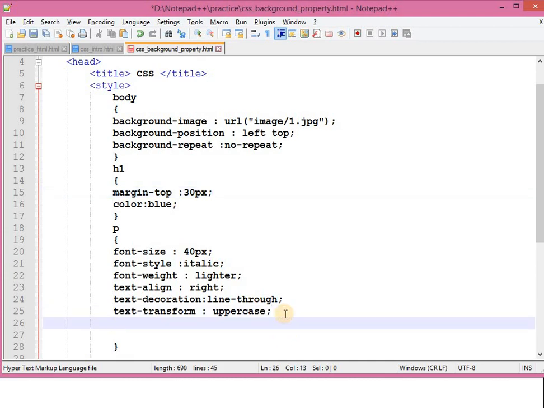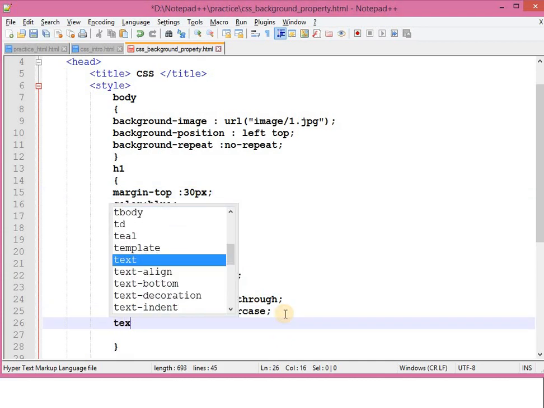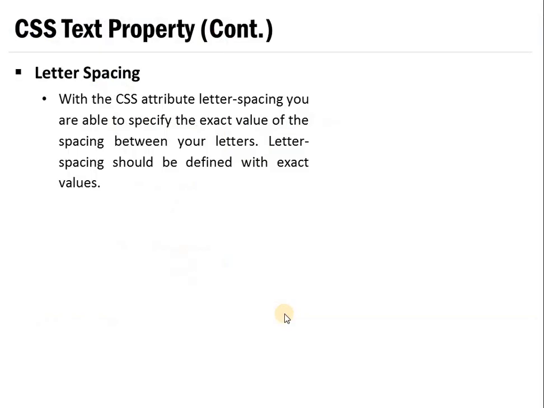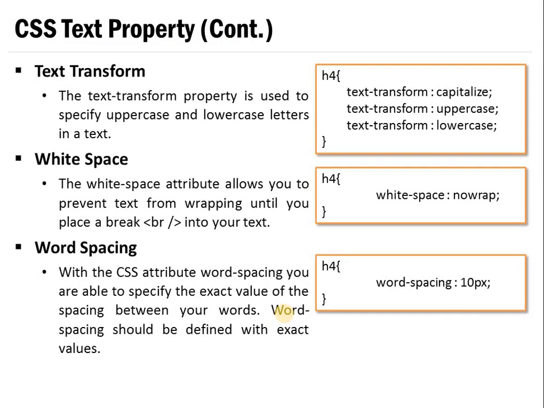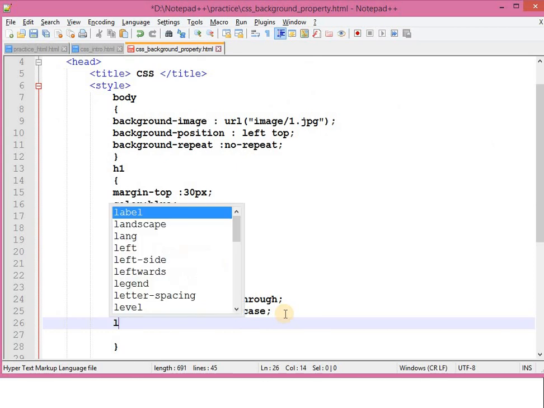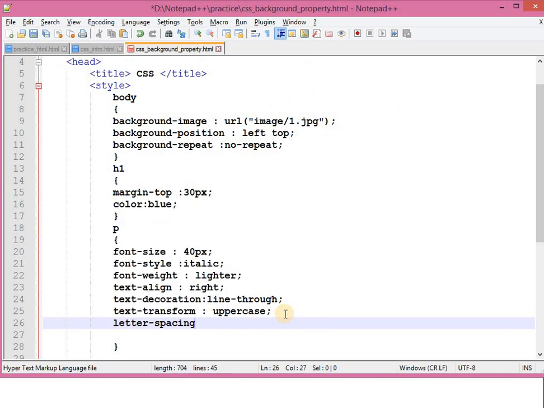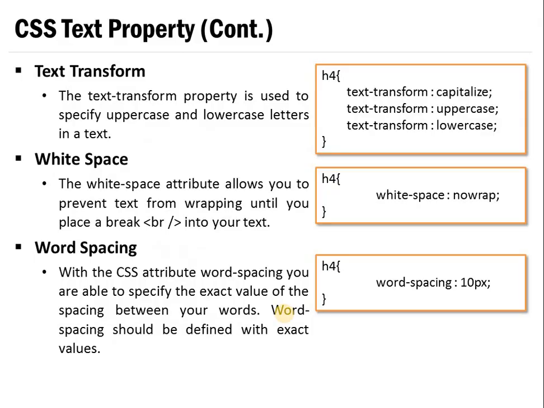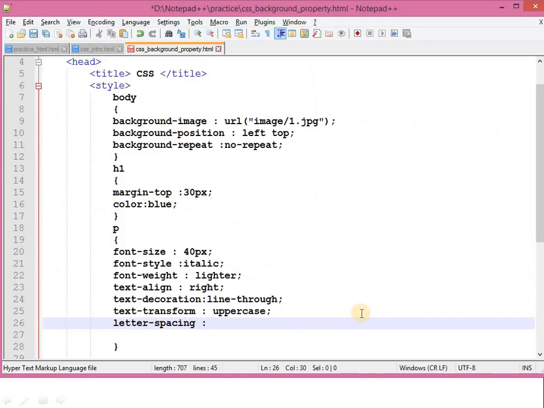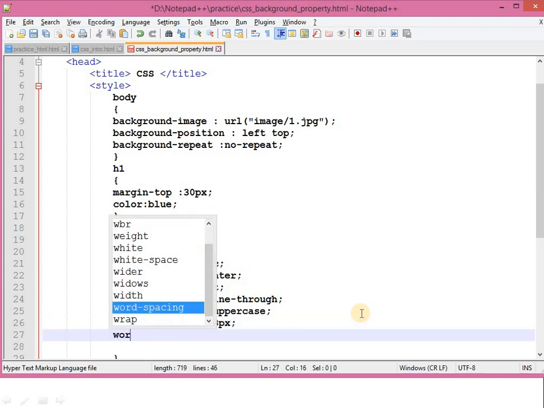So let me just show you. Text letter spacing, and it is in terms of pixels also. You can see that over here this property is in pixels. So letter spacing should be just 3 pixel, so that you can get the output of it.